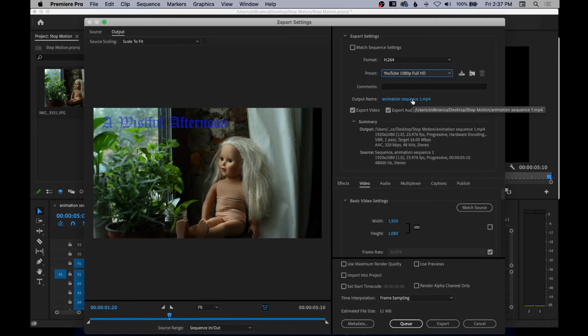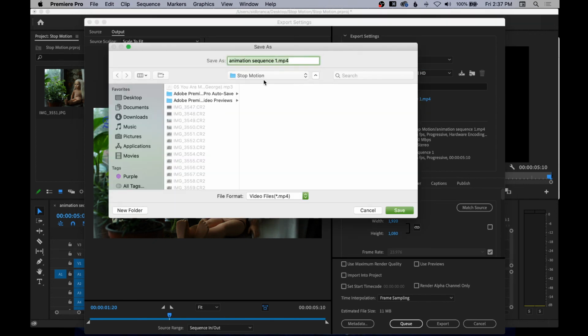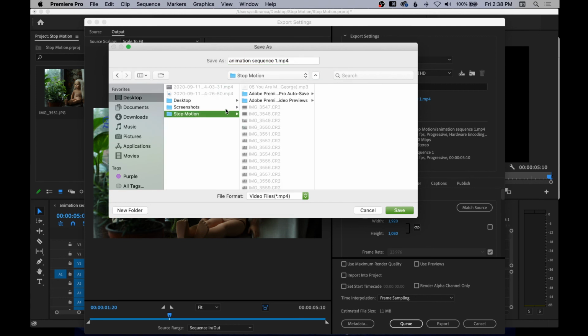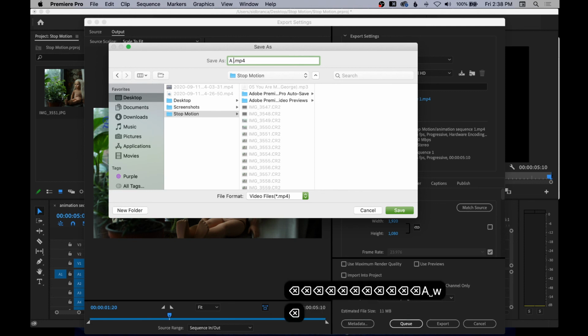This next part is very important. Click on the output name to tell Premiere where to save your file and what to call it. This sometimes defaults to a weird random place, maybe wherever someone saved something from Premiere on this computer before. And then you can't find your export, and then it gets very confusing if you have 7 different files that are all called Sequence 1. So be sure to click this and give your export file a deliberate name and a deliberate location.